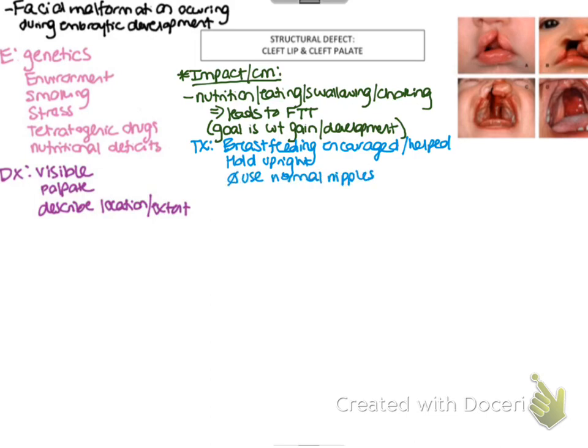We do not use normal nipples. Like for bottles, they have a specialized nipple. So parents really need to be taught. It has a very wide base to the nipple, and it has a larger hole because they can't get that same suck. And they're going to work way too hard to get less formula than a normal baby would. So they're going to burn more calories, get less formula. That's not going to help them grow. So they use these special nipples that have bigger holes in them and that have a nice wide base so that they can get a good seal.